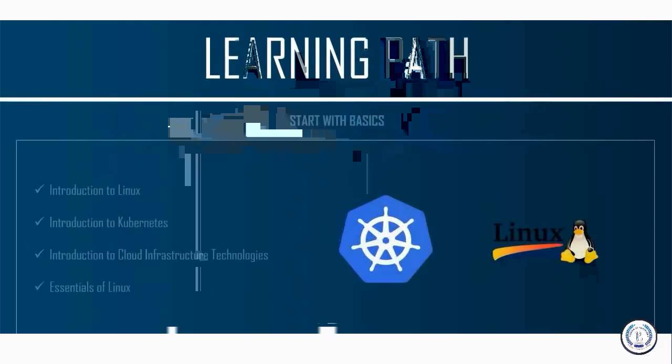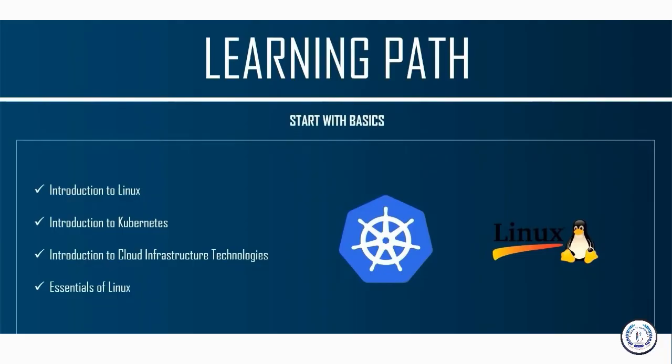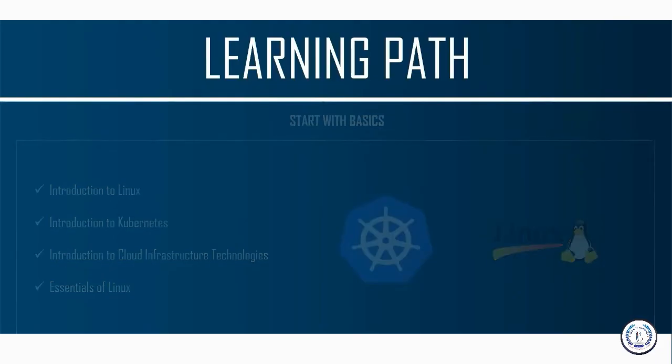Firstly, you will have to familiarize yourself with the Linux command line. You will have to know what Linux is and the essentials of it. Candidates here have to master the Linux command line to ensure that they can master the Certified Kubernetes Administrator questions. You should practice by using a text editor and remember useful shortcuts. In addition to this, candidates should also learn about the creation and management of system services, learn the basics of Kubernetes, and it would be even better if you learn the basics of cloud infrastructure technologies.